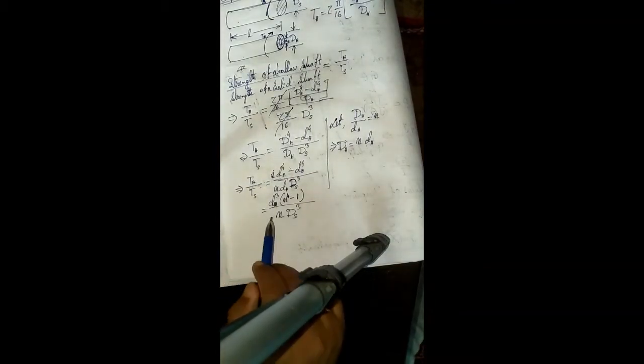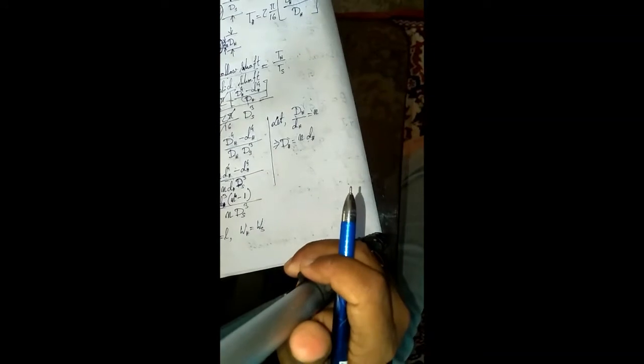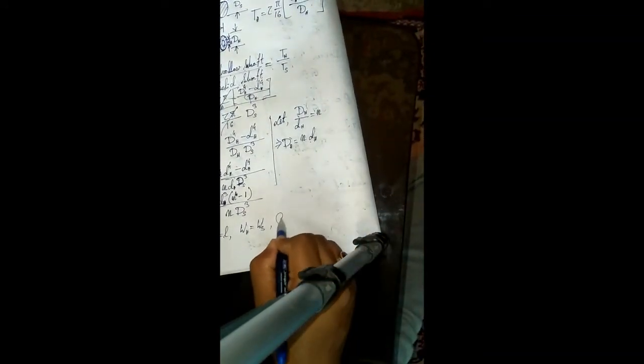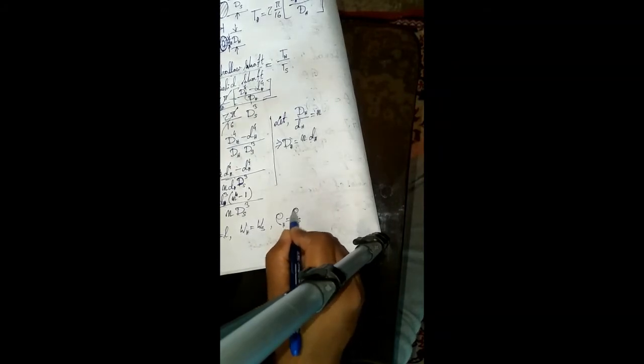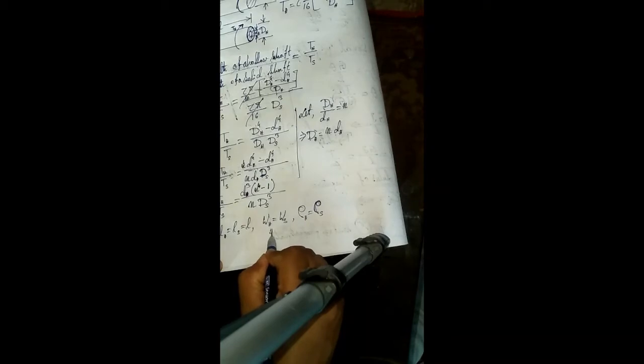Now, as the weight, material and length of both shafts are the same, that is, the value of the density of these two shafts is the same, so we can write, okay, let's explain the thing. So WH equals WS. WH, the weight of the hollow shaft, is equal to the weight of the solid shaft, and we know that